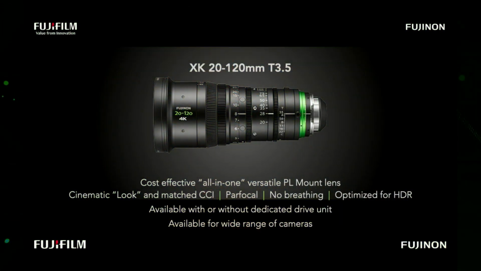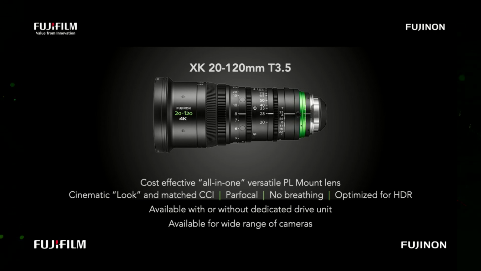Fantastic. So I think we've got some slides that I'll take you through. Just to introduce, for anybody who hasn't heard of this lens or doesn't know the nomenclature that we use, the XK20-120 is a T3.5 zoom lens. It's a cost-effective, all-in-one PL mount lens that gives you the cinematic look you'd expect from a cine zoom lens. It's parfocal, so that means